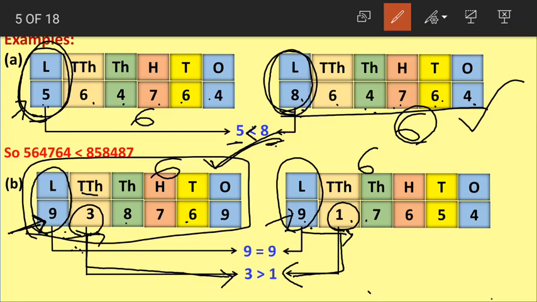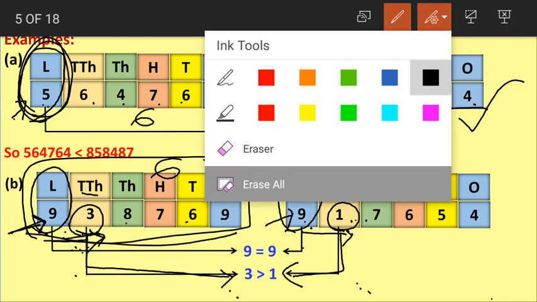Understood? I hope this is clear. What are we doing here? If we have different number of digits, the number with greater number of digits is the greatest number. But if we have the same number of digits, we start comparing the digits at the highest place values, that is on the extreme left. If both the digits are same, then we compare the next place values, and whichever digit is higher, then the whole number becomes the greatest number. Understood, children? 3 here is greater than 1, so this whole number becomes greater.